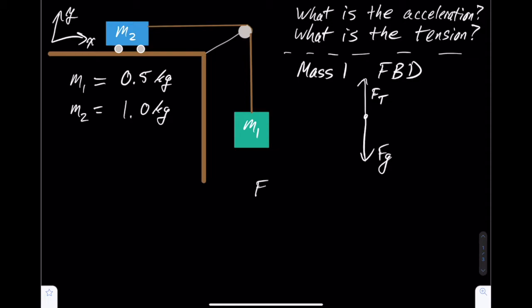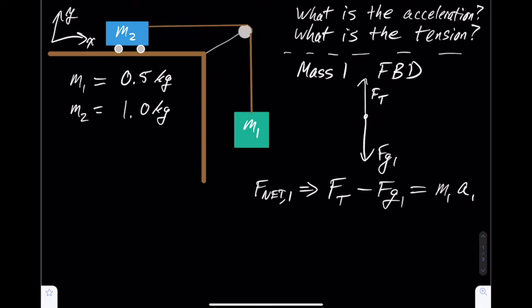So we can say F net 1. Now this is only in the y direction. There are no forces in the horizontal direction. So making sure that we remember up is positive, we can say that's going to be the force of tension minus the force of gravity is going to be equal to mass 1 times acceleration. Now, we should be careful here to label that acceleration 1,